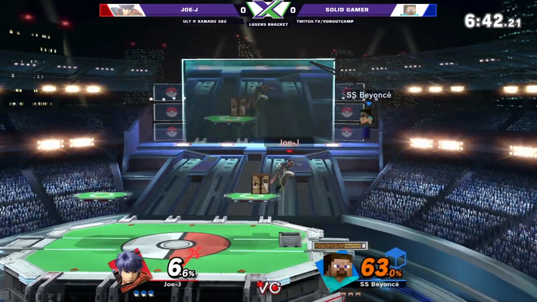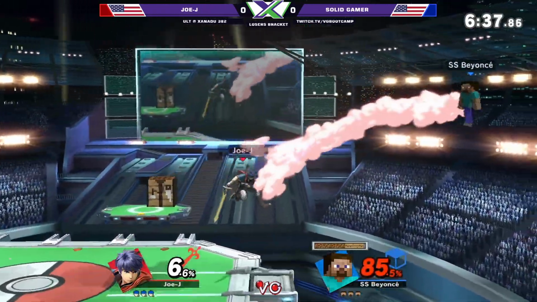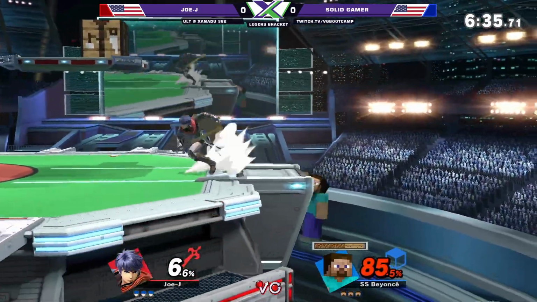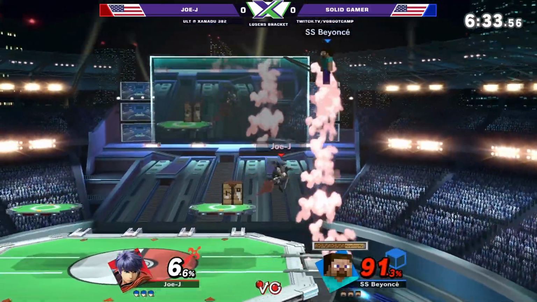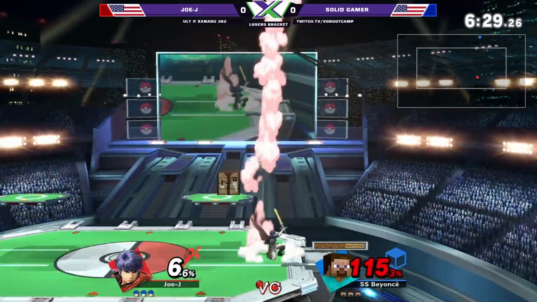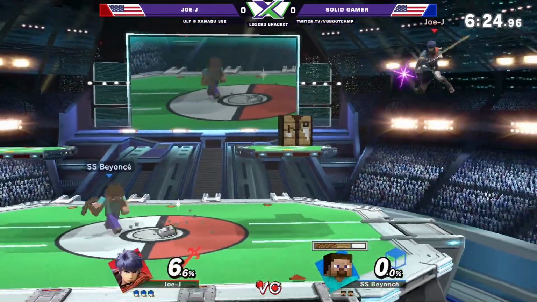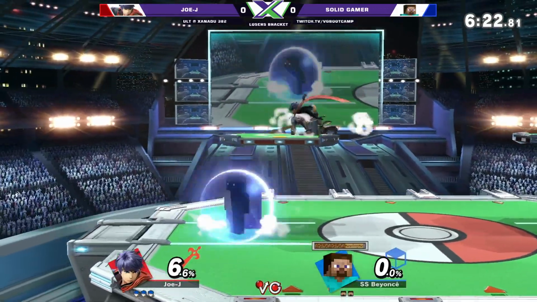Yeah, and the problem is that once you're on Steve, he doesn't have enough tools to get you off of him. And we can see right now that Solid Gamer is just struggling to find anything. I do like that uppie, though. That uppie is very fun to use. It's Brawl Glide. It is. Thank God that all characters don't have that. Good down tilt into the up air conversion, and Joj is crisp out here, only taking 6% and showing what Minecraft